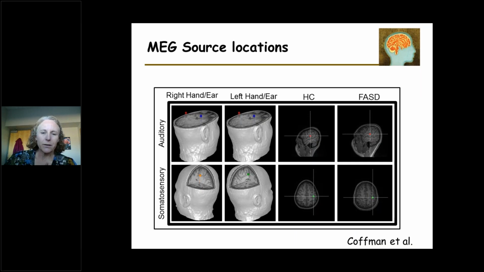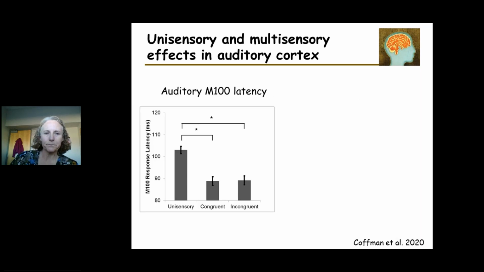So this in particular, one of the previous findings was really that corpus callosum was very impacted. And so looking at differences across hemisphere is particularly of interest in kids with FASD. So we did source analysis as we do with MEG, found the primary sensory areas quite easily, and have a number of results from this study because we have both unisensory auditory, unisensory somatosensory, as well as the two multisensory